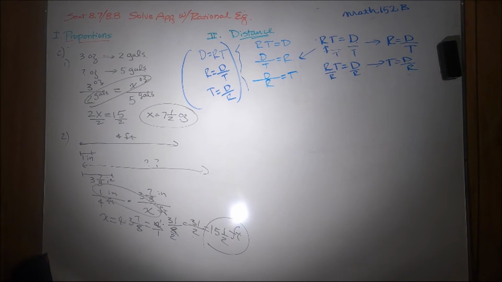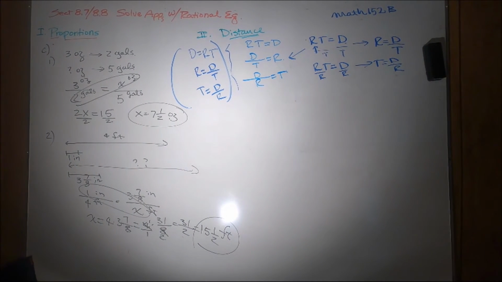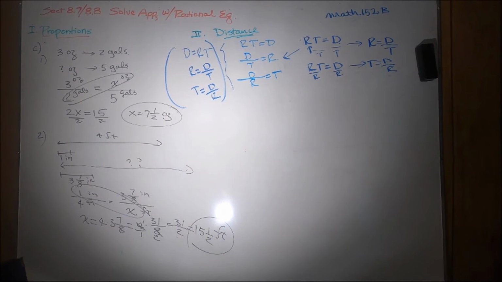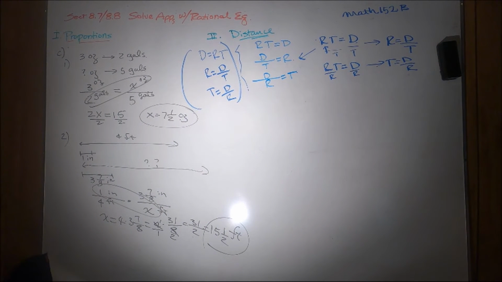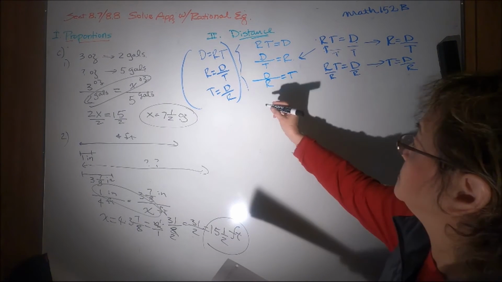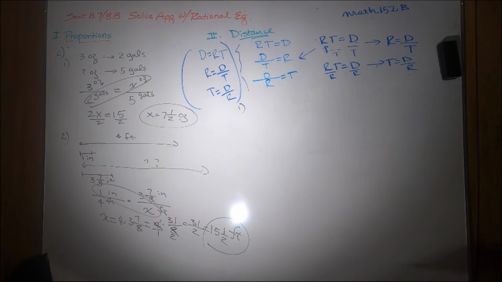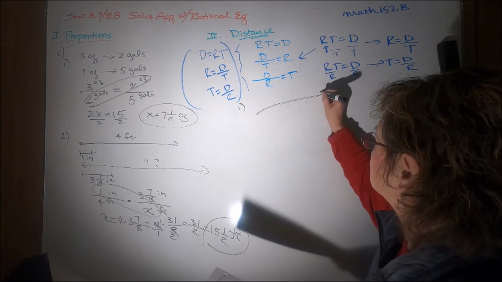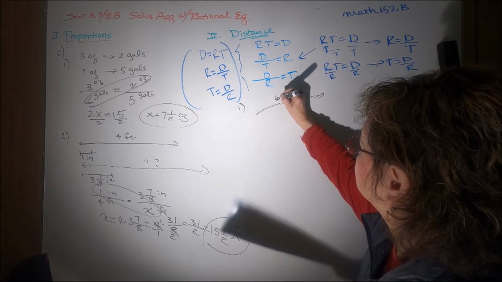So let's practice some distance problems. Okay, take a look. First one, on your page 32, we say a car travels 600 miles in the same time that a motorcycle travels 450 miles. Okay, so a car travels 600 miles,